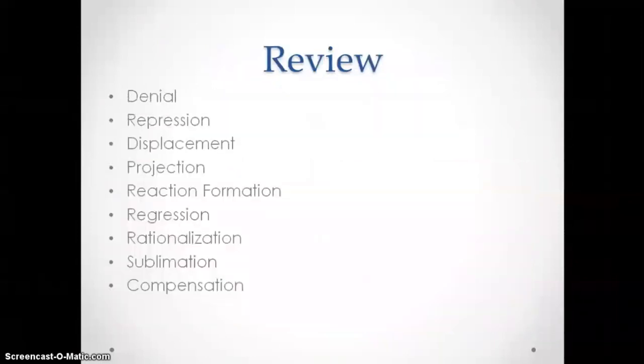Compensation. So in all, we've talked about several different defense mechanisms: denial, repression, displacement, projection, reaction formation, regression, rationalization, sublimation, and compensation. For tomorrow's quiz,